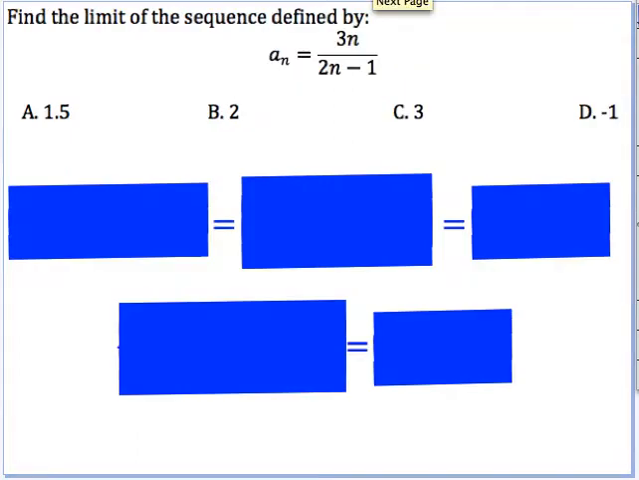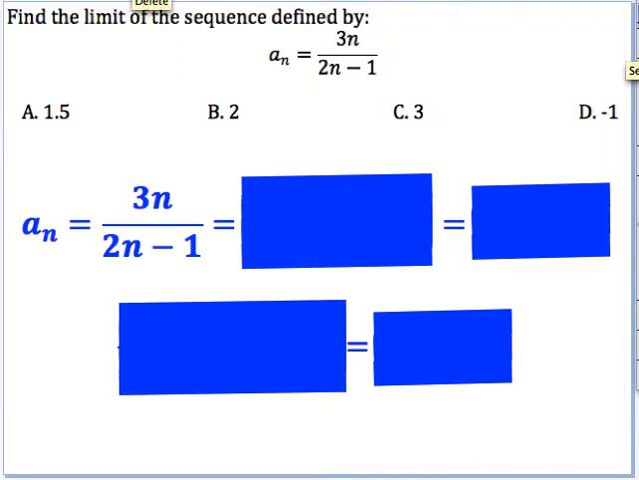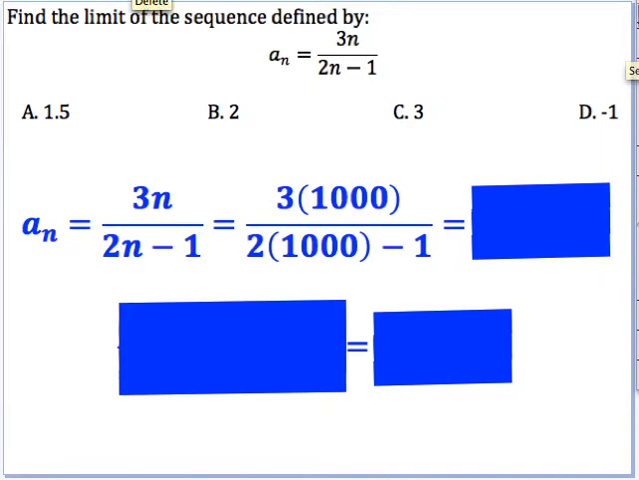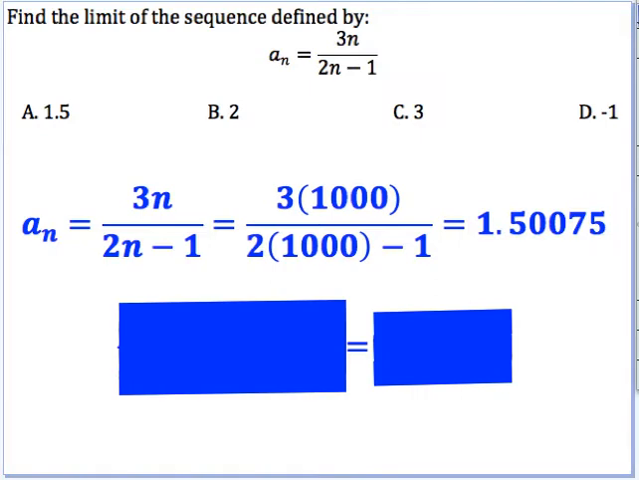Find the limit of the sequence defined by 3n divided by 2n minus 1. Okay, now this one is not geometric, it's not arithmetic, but the sequence is going to converge, and we want to know what number it is going to get close to. So basically what you want to do is plug in really big numbers for n. Let's say we plug in 1,000. 3 times 1,000 divided by 2 times 1,000 minus 1. That answer gives us